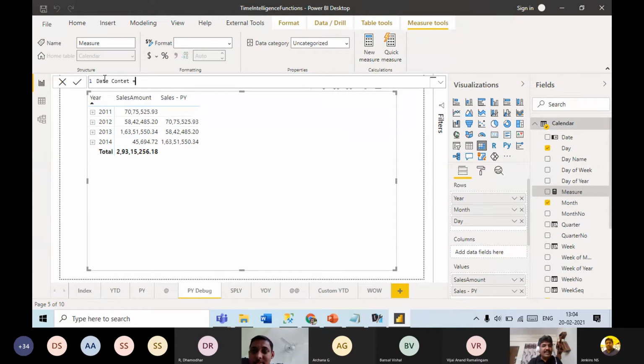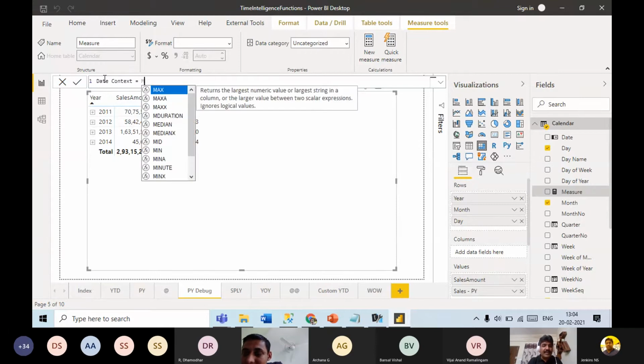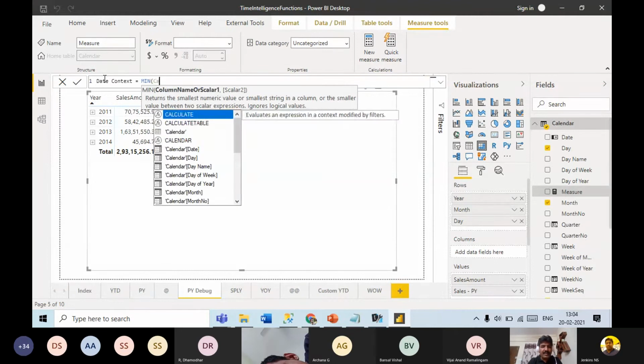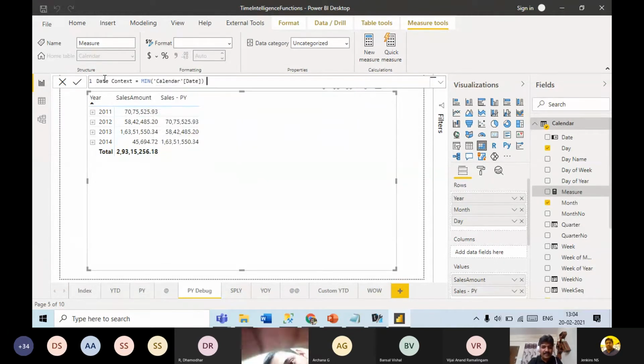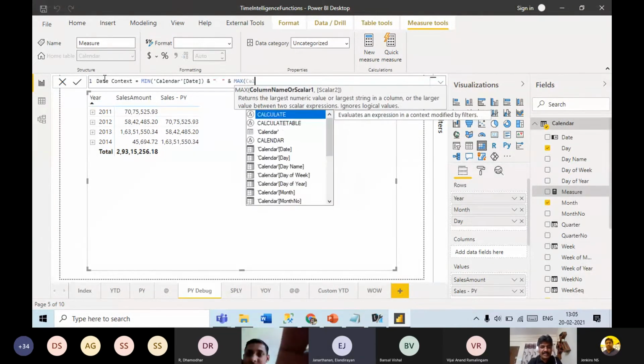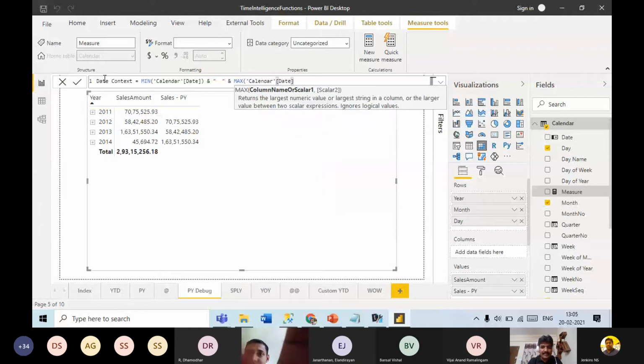So in this measure, I'll just display min and max dates. Min calendar date, max calendar date. Okay.